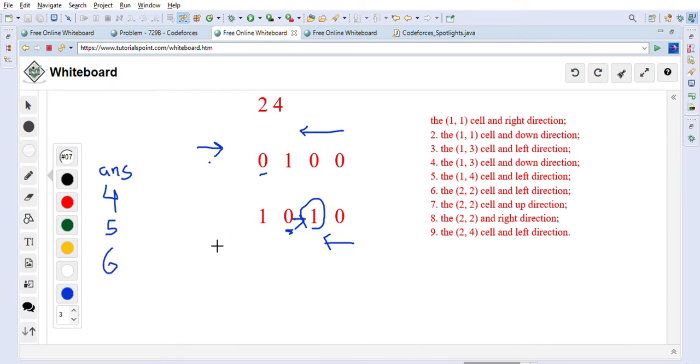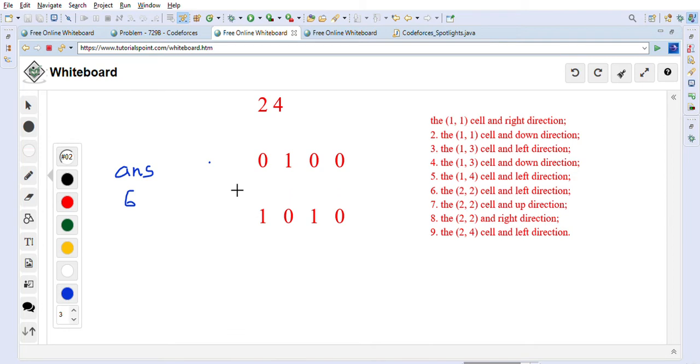After the rows are done, we will have to traverse the columns now. At this point our answer is 6, because for rows we found 6. Now we will go through columns. We will go in two directions, from down to up and from up to down, right? So two directions we will go.